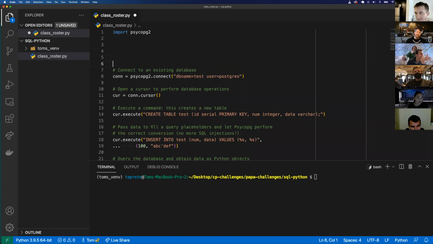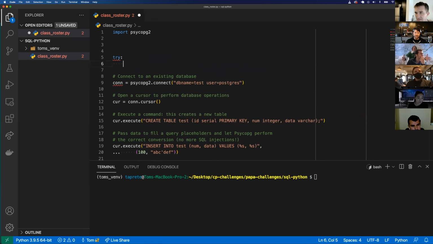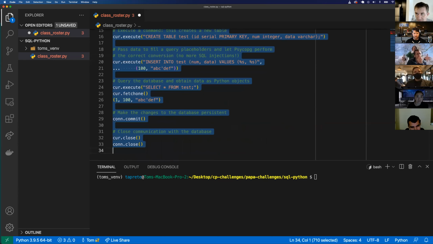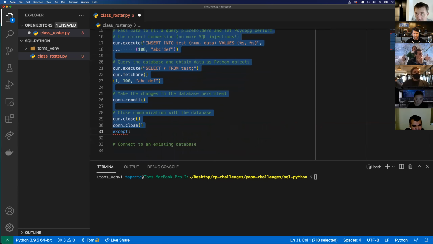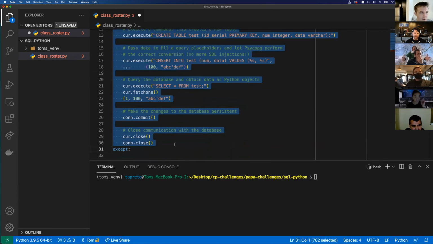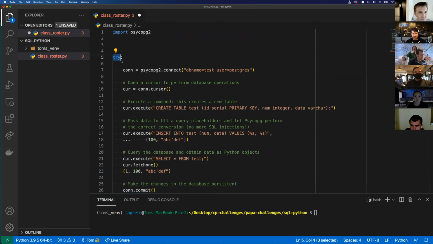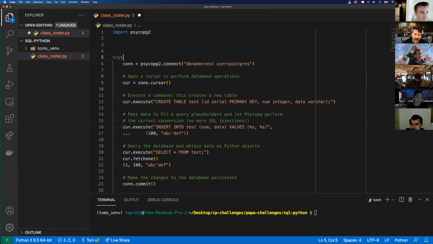So the first thing I'm going to do is try to connect to the database. And if I get any errors from connecting to it, it's going to throw an except. So what I'm going to do is move all that up into my try except block. If you haven't seen this try except, this is a way of handling any errors. So what's going to happen